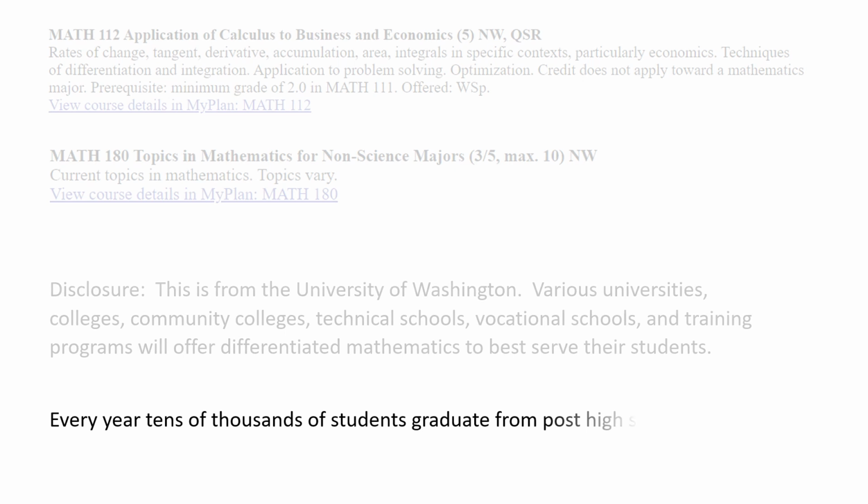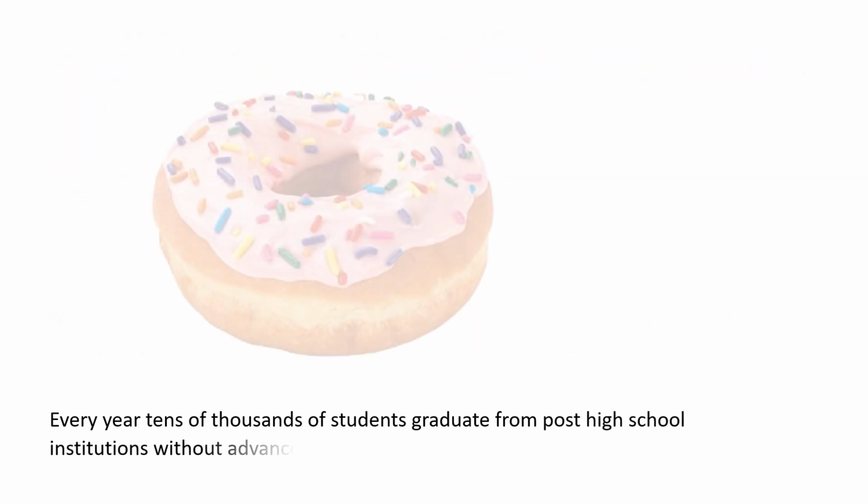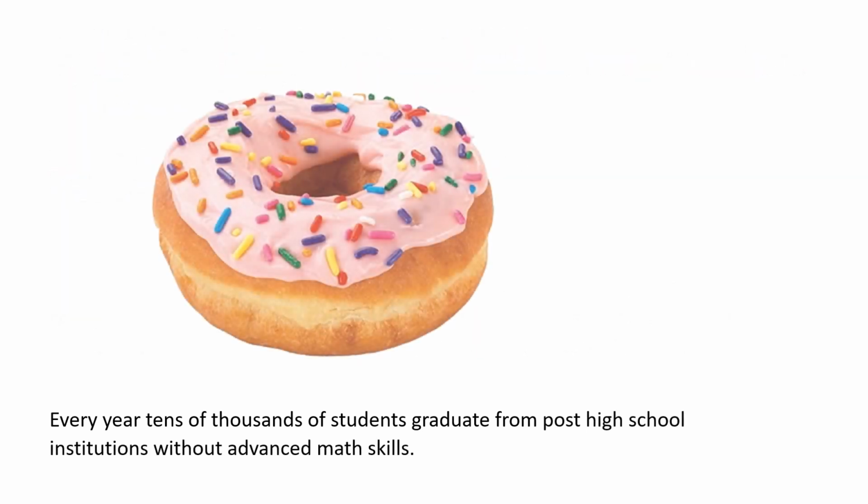We've got students that move on from high school and move on from college. They go on to live happy lives, fulfilling lives. They make money, and they can do it without advanced math skills. Go ahead, take a deep breath, use the calculator. You can do it. We're not going to lose you, right? Look at the donut, not the little tiny piece that's missing in the middle,